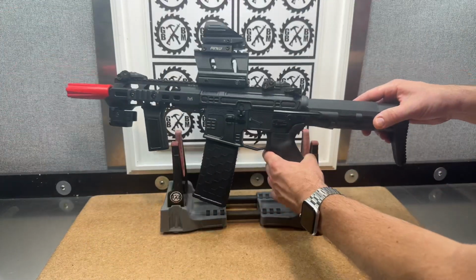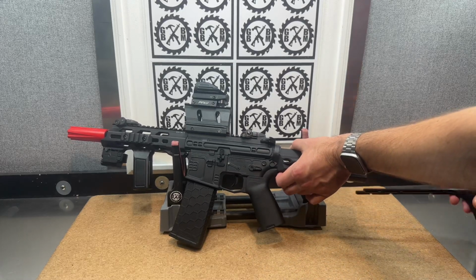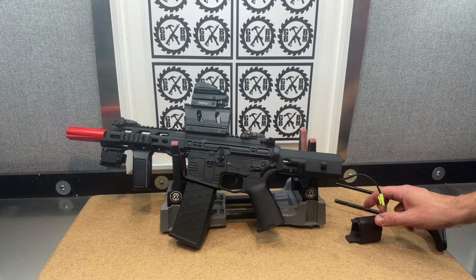Now back here, of course, is where your battery is going to go. This is similar to stocks that we've seen on other blasters, but a little different. And this actually is a 3D printed piece that just allows a larger battery. The stock one